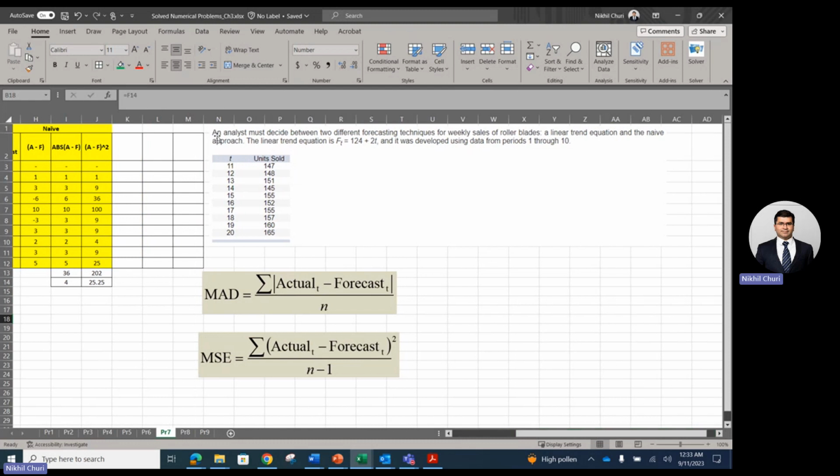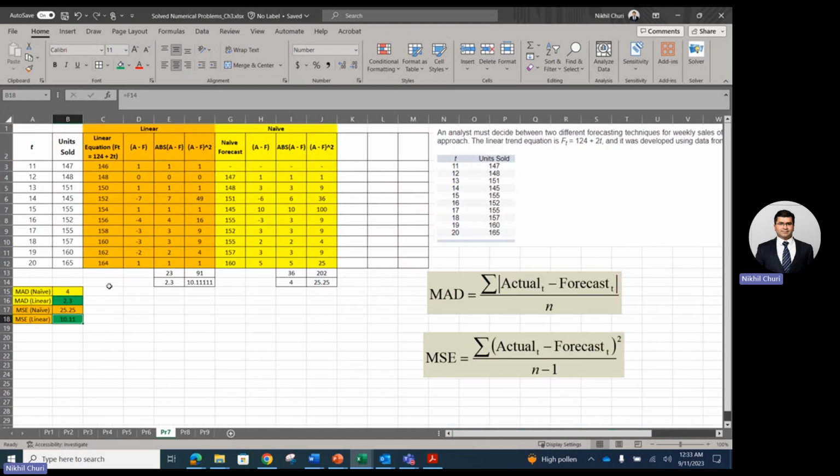Now let's go back and read the question. An analyst must decide between 2 different forecasting techniques for weekly sales of roller blades, and these are the two. So since you are helping the analyst, and we found out that the linear method is giving the least of these two, your final answer should be the analyst must select the linear method